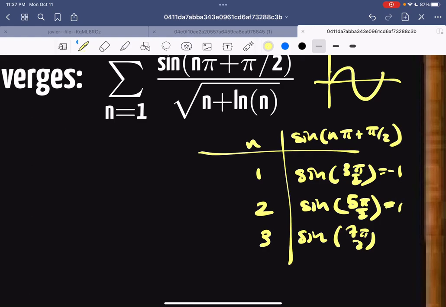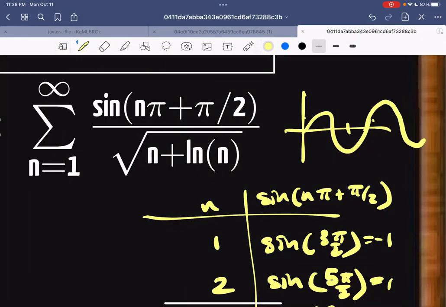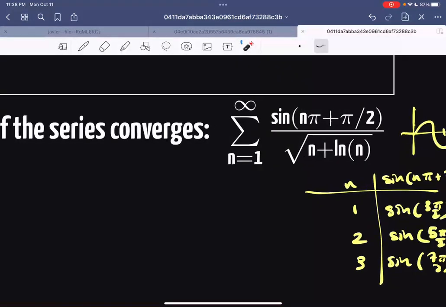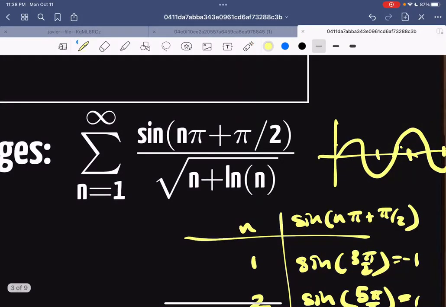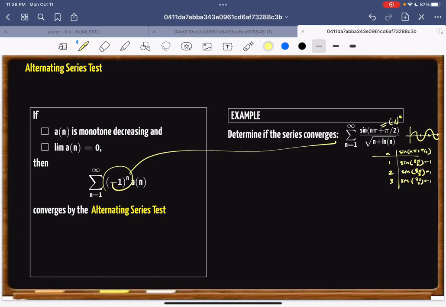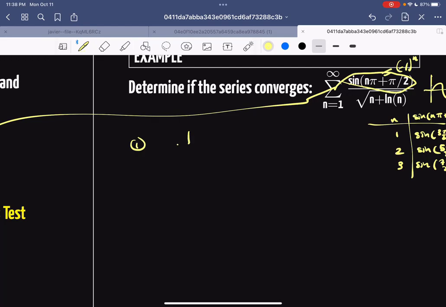7 pi over 2. You see this thing's just oscillating. This is 3 pi over 2, 5 pi over 2, 7 pi over 2. So that 7 pi over 2 is equal to -1. And so this is -1. Take a look at this piece right here. -1, +1, -1. So really all this was just a -1 in disguise. This whole thing was just a -1 to the nth power in disguise. And so great. We got this piece right here. That's equal to this piece. Okay? Now the rest of it, we have to check that 1 over the square root of n plus ln